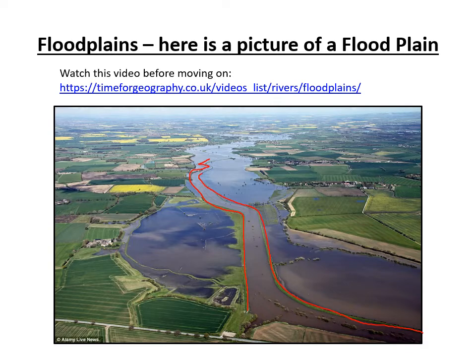Here's the other one. I'm drawing this with a mouse, it's a little bit fiddly. There we go. So that's where the river is. Everything inside those red lines is the river. So where's the floodplain? Well, you've got some very clear